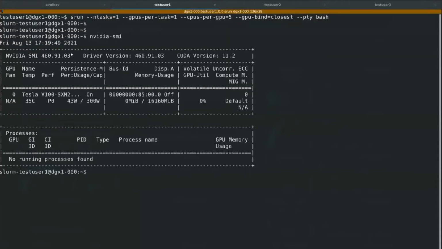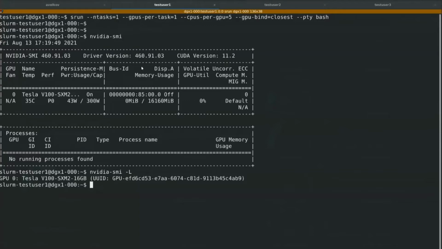In here now, I have access to a GPU. You can see I have a V100, which is a 16 gigabyte version here on this DGX, but I only have access to one because here I specify that I only want one GPU. I said GPUs per task is 1, and I only ask for